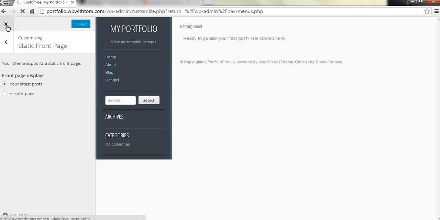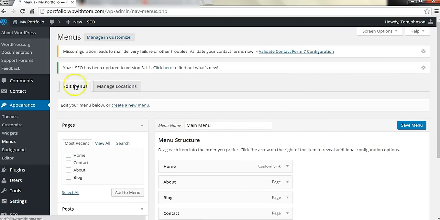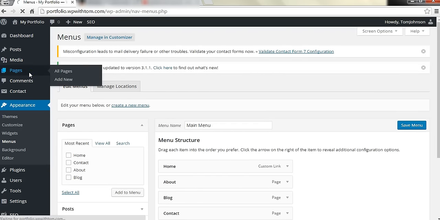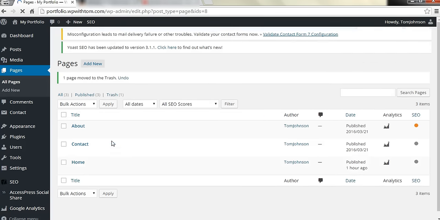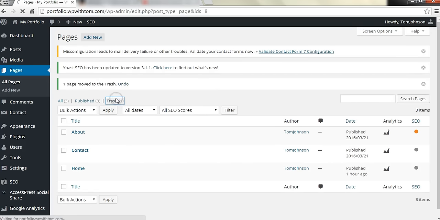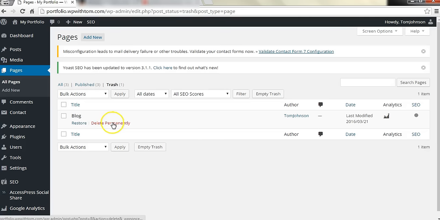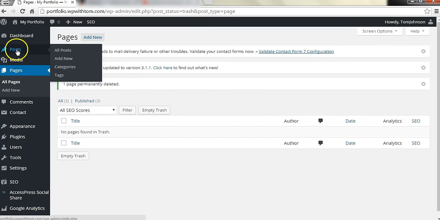Click the X up here. And now we'll go into pages again, and we're just going to delete that from here. We'll click trash on the blog page here. And we can go in and delete it permanently if we'd like. And the reason why I'm doing that, I just want to show you, if we do go into make a post here,